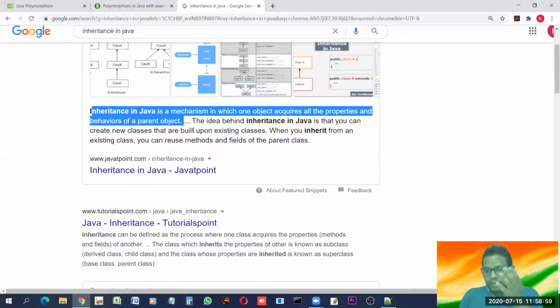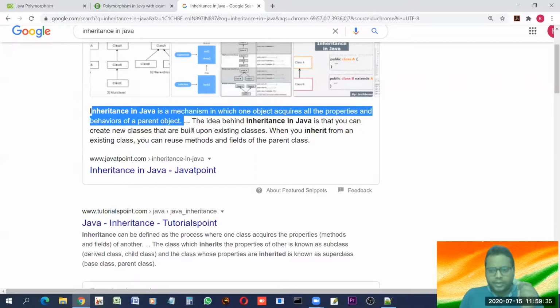I mean, if we have a class one which is already existing, and if we want all the properties, all the data and members to be used in another class, then we can simply inherit. We do not need to define a new class with all the efforts that we applied in the first class. No, the thing which we have already made can be reused. Inheritance also provides reusability, another feature of Java.